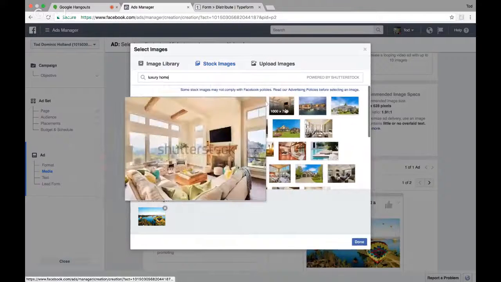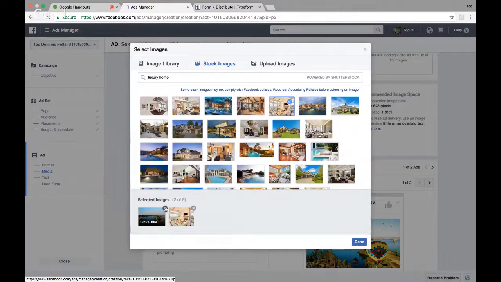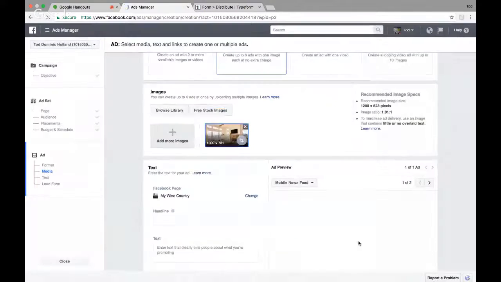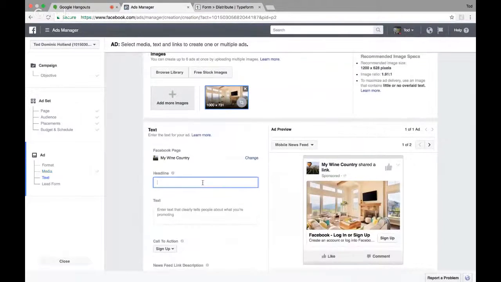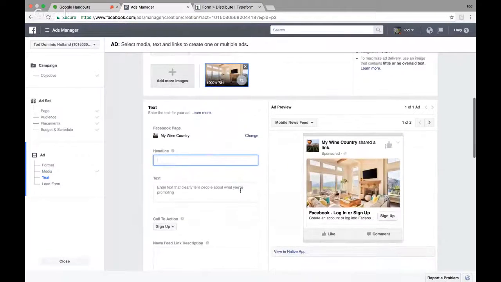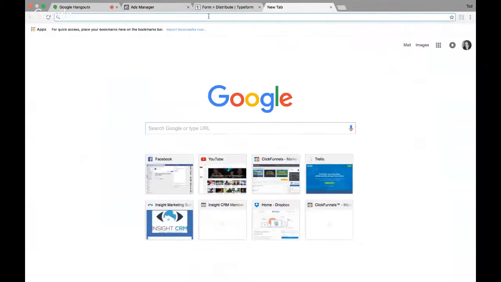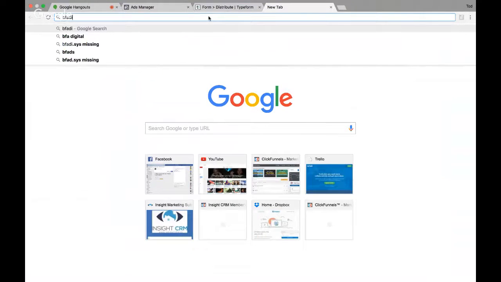But for example, this looks like a Temecula interior to me because we've got those rolling hills in the background. So I'm comfortable just choosing this one for the time being. Oh, I deselected it. And I'll go ahead and delete this one because that's just my profile image. We don't need to use that. We're done. So for the headline, we're going to make this exactly like the one that we run through the courses. So I'll go ahead and